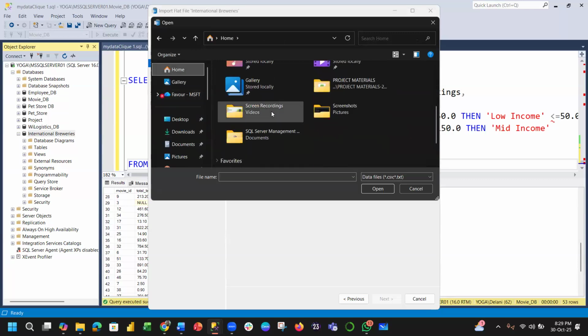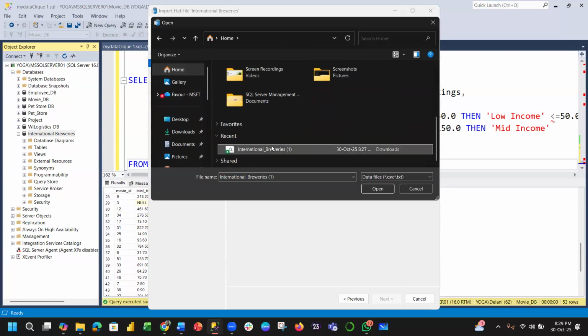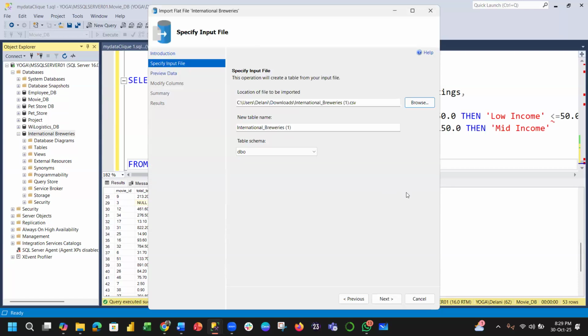So this is the file. Now it's going to ask me what this table should be called. After I've selected the file, it tries to name the table based on the name of the file. But if I don't want that name, I can delete it and just call it Bureaus. That's going to be the name of the table within the database. If I press next,